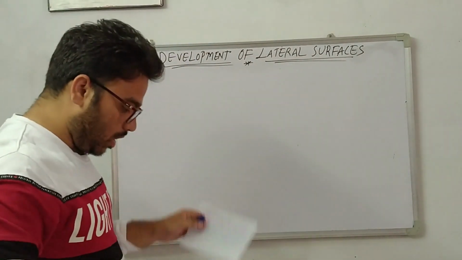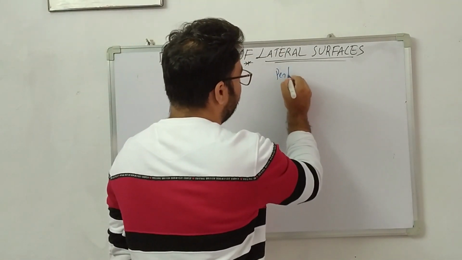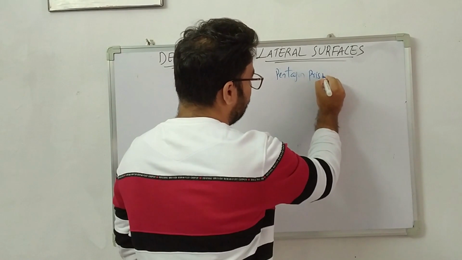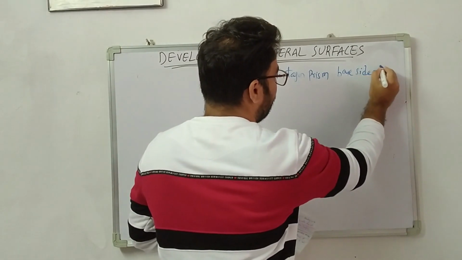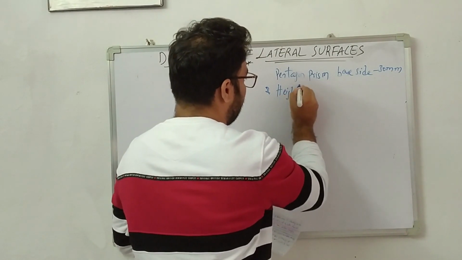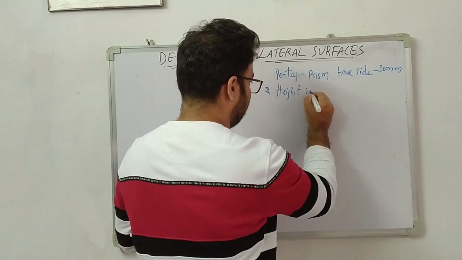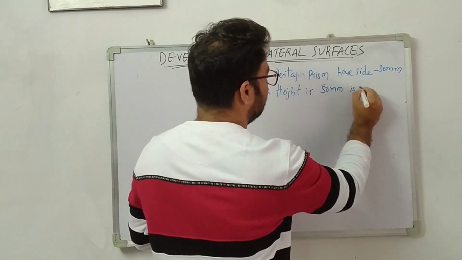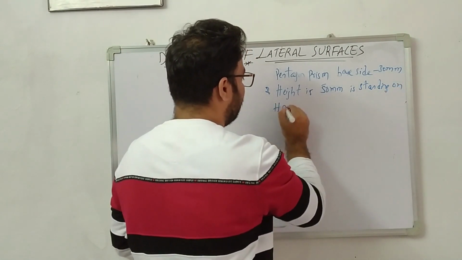The first problem is on a pentagon prism. The pentagon prism of base side 30 mm and height, or axis height, is 50 mm. Axis height is 50 mm. It is standing on HP, the horizontal plane,